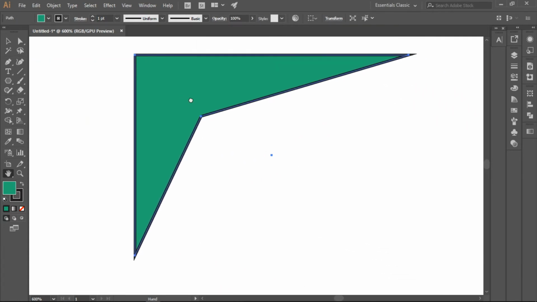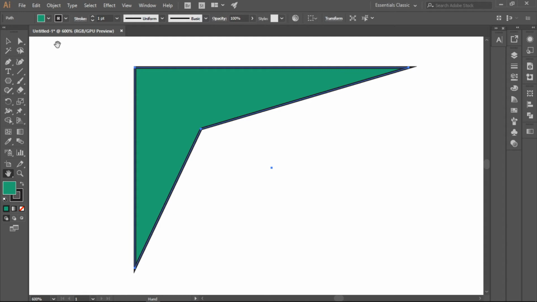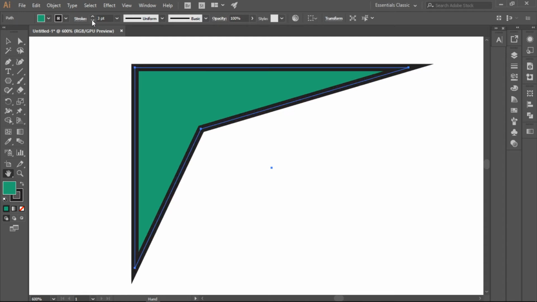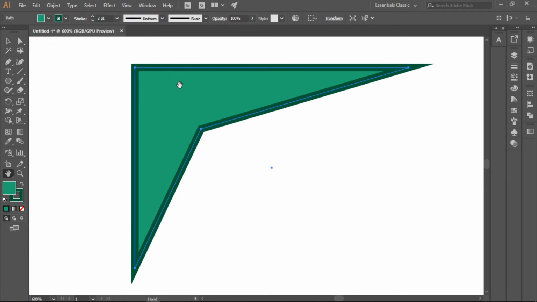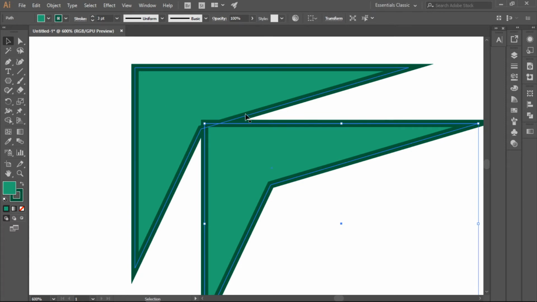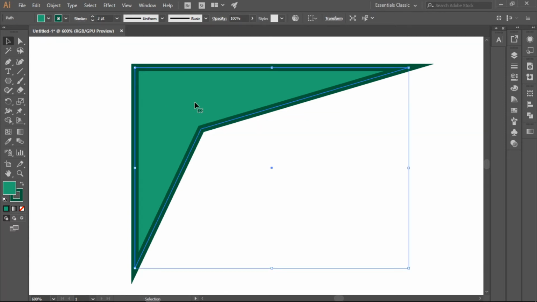So now we are using this, and you can actually make the stroke fatter. You can change the color of the stroke by using this, like that. And you can create the same object by copying and pasting, which is on edit, which is paste, like that. You can use the paste tool, but I just basically use the shortcut key, which is Control-C, and to paste directly on top of the object, press Control-F, and using the selection tool to move that, you'll see that you have two objects. But let's undo that with the Control-Z, and